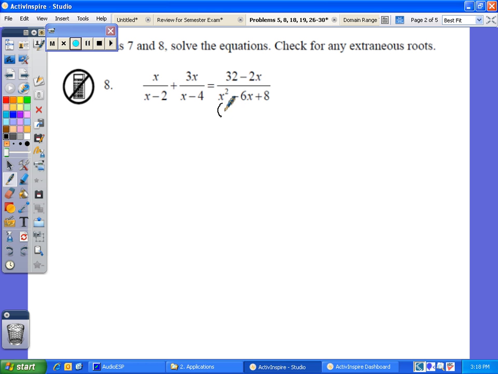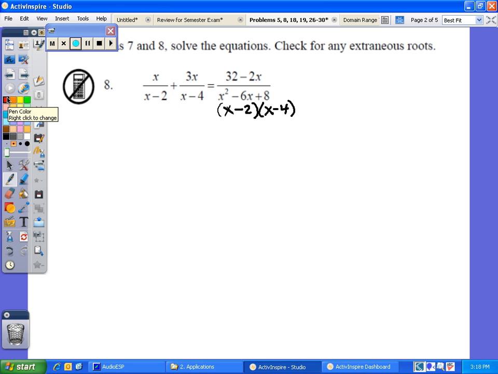This denominator can be factored into x minus 2 times x minus 4. And if you notice that the other two denominators, each of them has one of these factors. So what we're saying here is that the least common denominator, least common multiple, will be x minus 2 times